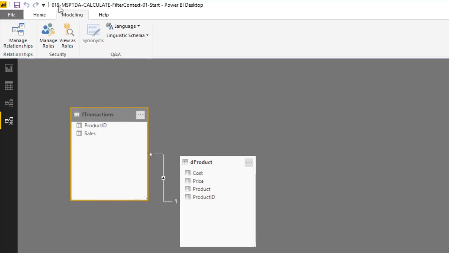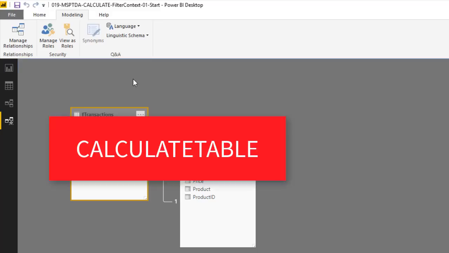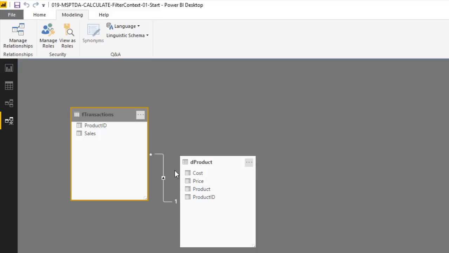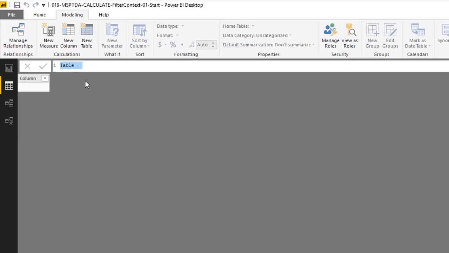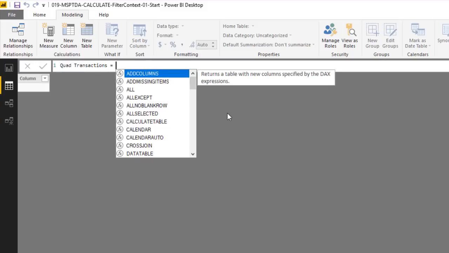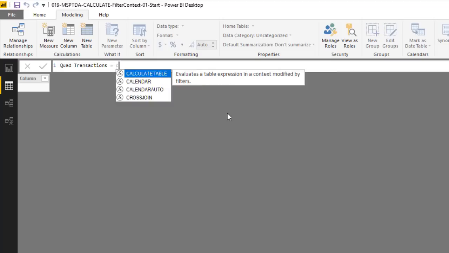For our next example, we're going to use this Power BI Desktop file. And what we'd like to do is use the same Boolean filter in CALCULATETABLE. Here's the same fact table, relationship, and dimension table. Over in Table View, I can come up to Modeling. Click on New Table. We're going to name this table Quad Transaction = C